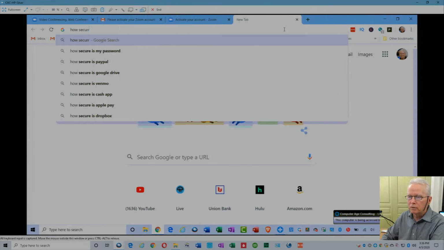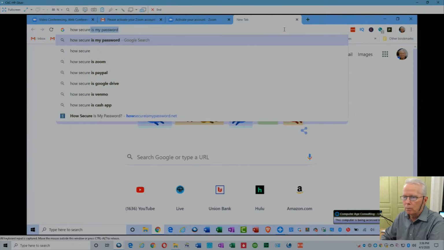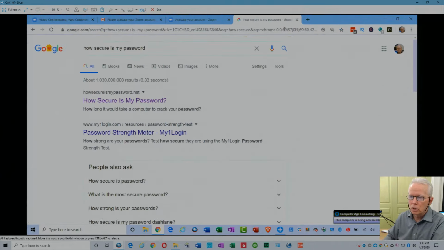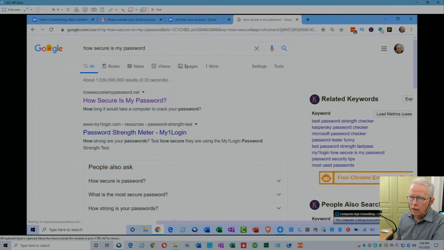Now, because I've typed that before, it's showing up as a suggestion. And it might show up on yours as a suggestion even if you've never typed that before, because it is something that Google knows that people search for. How secure is my password? And what I'm going to do is use this howsecureismypassword.net website in order to come up with a new password